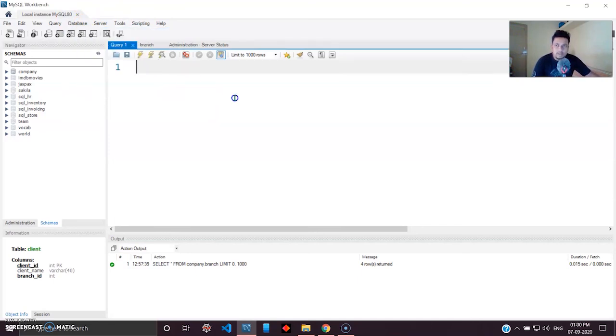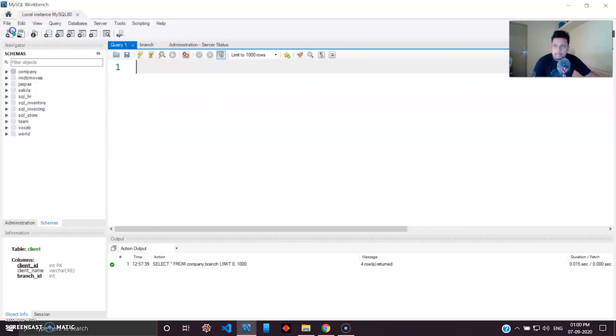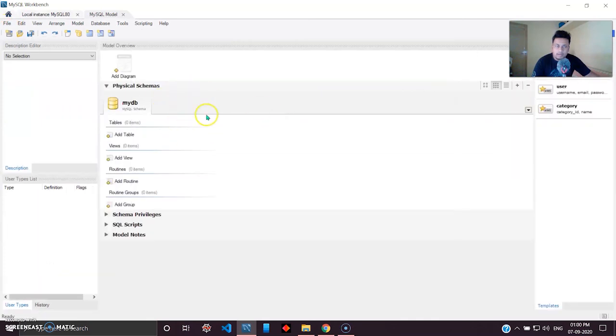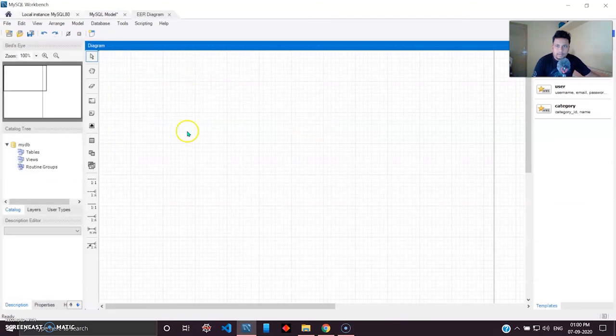forward engineer later. As of now, if you want to create a new model, you can just click this, and there you go, you have the option for creating the new model. And you can add the ER diagrams or ERD diagrams right here, but for this video series we'll be using Lucidchart, which I have explained in the starting. So we won't be using this, but again, if you click add diagram, you can see